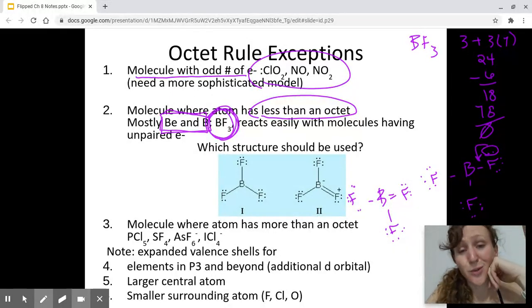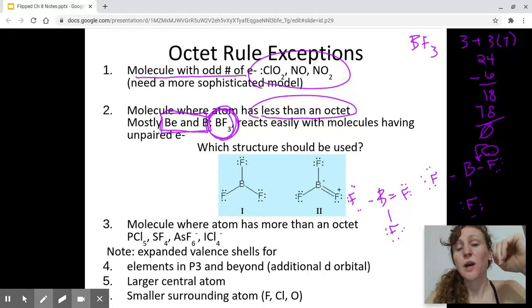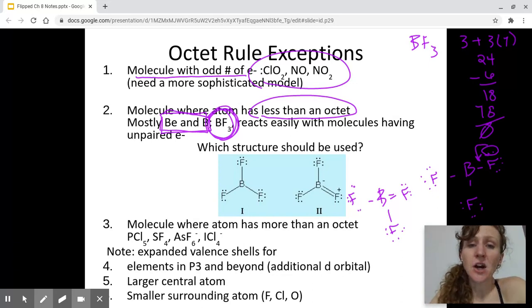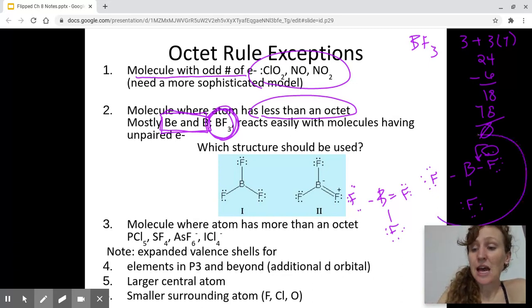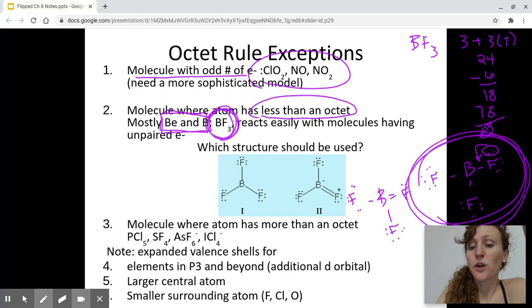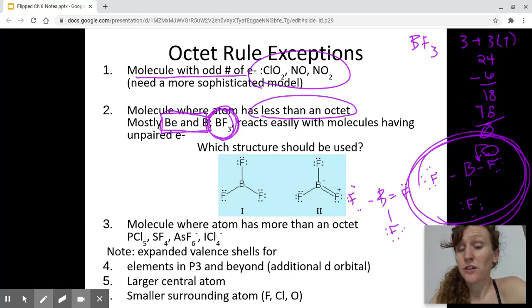But we don't. And we're going to talk about a scenario where you end up with two possible Lewis structures and you have to decide which one is the best. And we do have a method of solving that. It's called formal charges, and we'll talk about that here in a couple slides. But for now, just know that this is the actual formula. Before you move that over and form that double bond,